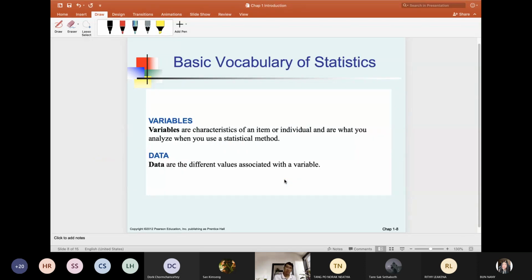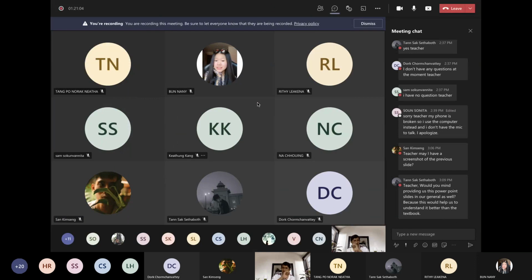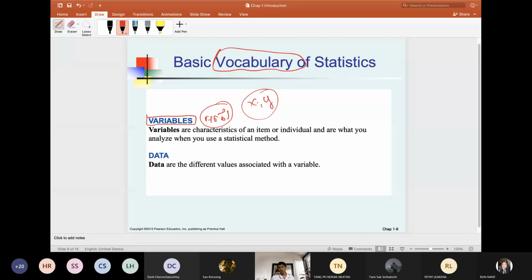Okay, so now let's go to another part that is related to key terms that are going to be used in statistics. So we have variable. Variable means អថេរ. I think when we hear the word variable, you will think of x, y, right? Is that correct? But here, the word variable means